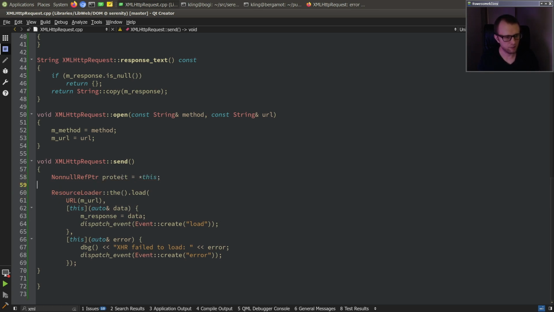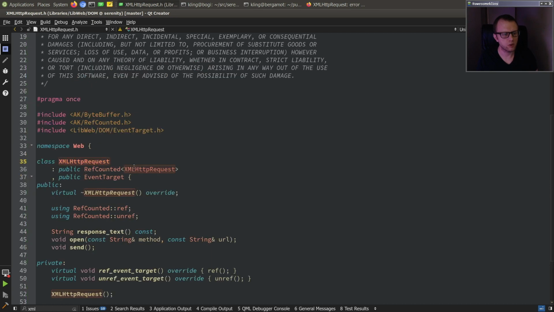And then we can capture this here, and this will ensure that the XMLHttpRequest C++ object does not get destroyed until we have handled this. An option, maybe a better option would be to use a weak pointer actually,